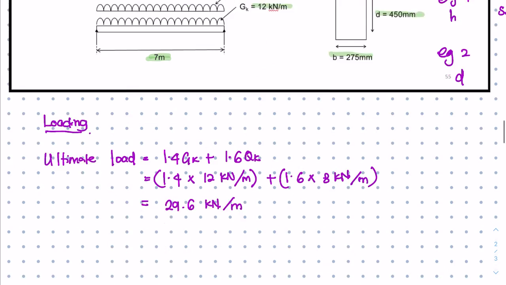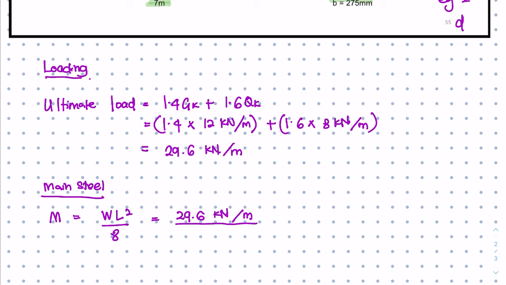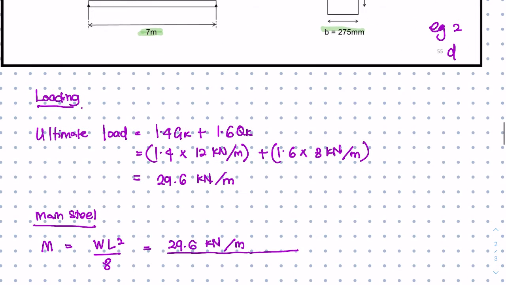Next, we can move to calculate the main steel by calculating the ultimate design moment using the formula wL square over 8. The steps are more or less the same, so you don't need to worry. Although you have lots of formulas, it is a pretty generic step. The length of the beam is 7 meter. You can look at the diagram again. Check every time you calculate. Don't just copy what I write, because values are not the same depending on the question. You will get 181.3